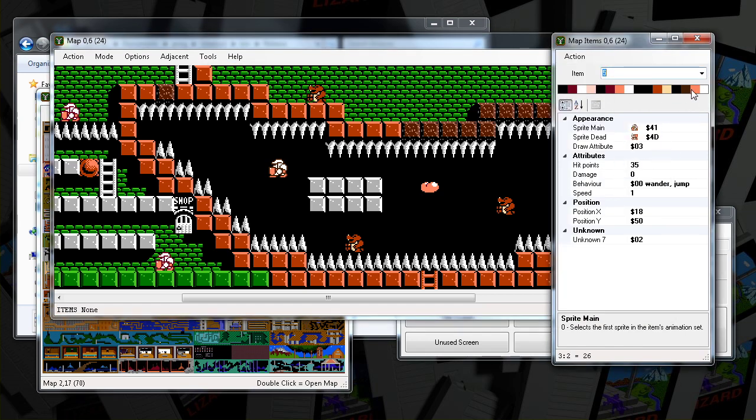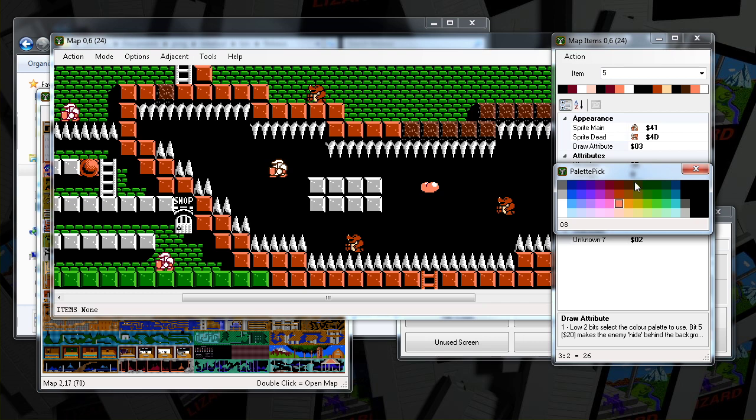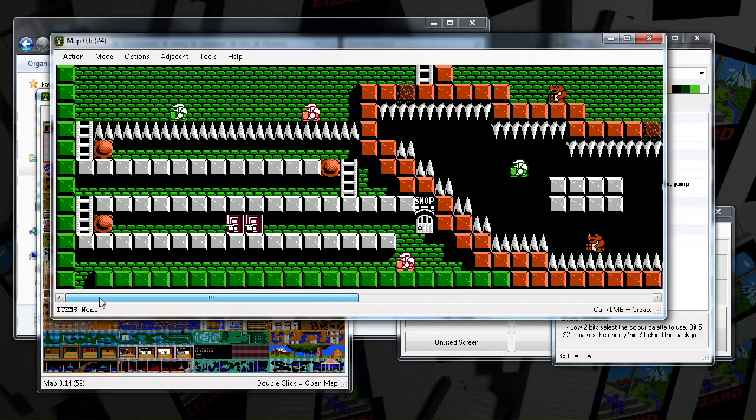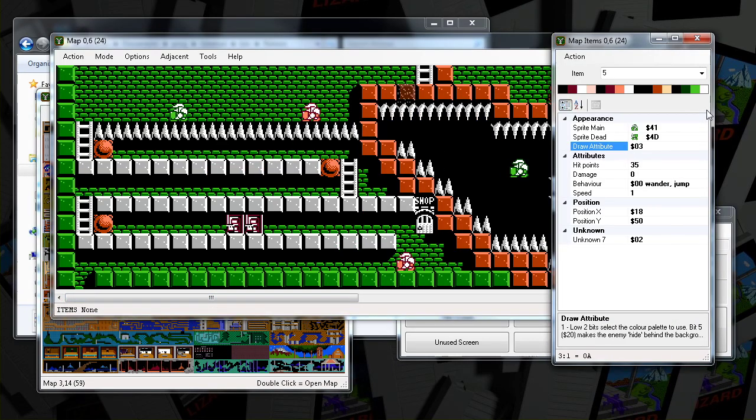And here, you have the colors for monsters. This is color 3. So if we wanted to change the color of that monster, we can just change that here. Note that usually several monsters will share the same color. So here I've changed that one and that one. They don't have unique colors. There's only 4 different colors available, and actually the first 2 are always the same. Like this one is always for items, and this one is always replaced by the character. So there's really only 2 different colors you can use for enemies, unless you want to use the item color, which is kind of always available as well.